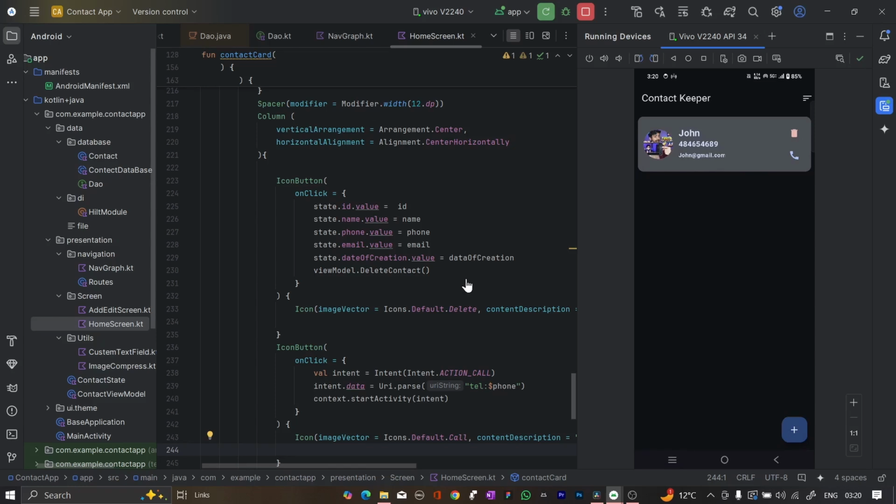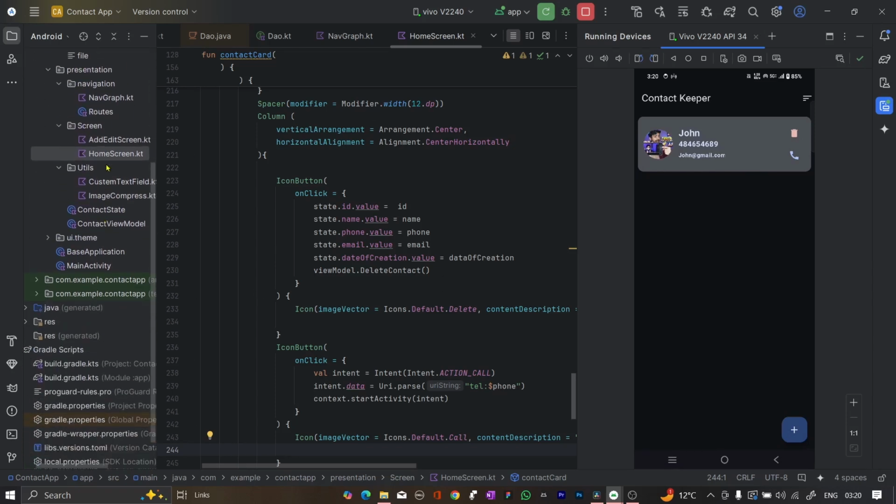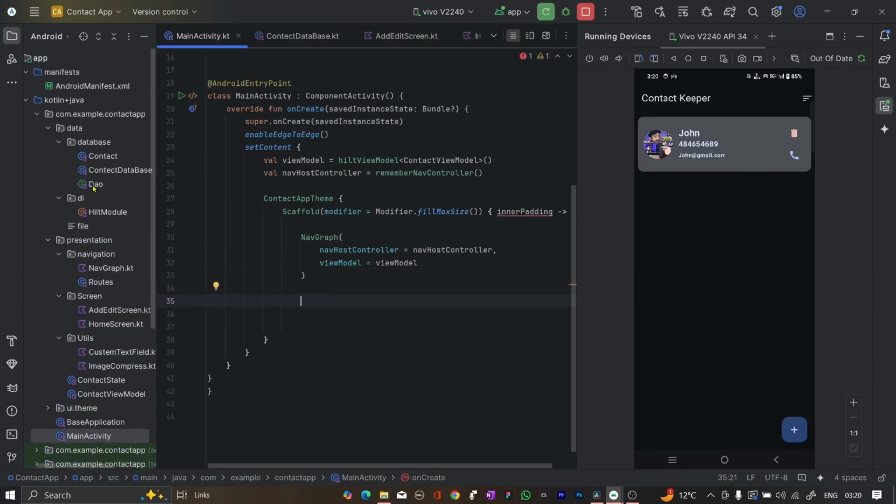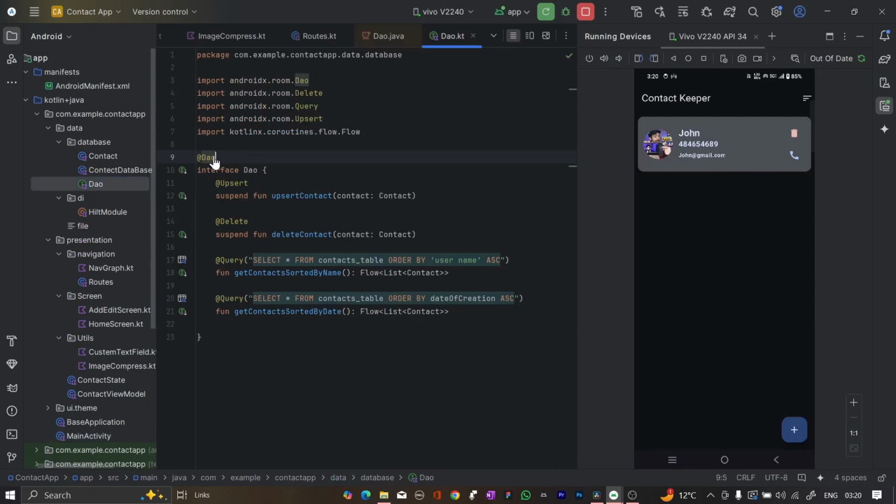First we are going to add the splash screen. Before that we have to go inside the main activity. हम main activity में जाते हैं, and then here a few changes you have to do. Last time I didn't tell you कि DAO में जाकर के आपको @DAO ये जरूर लगाना, वरना एरर आएगा, राइट। और ये हमने नहीं लगाया था।